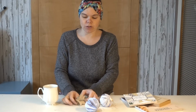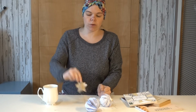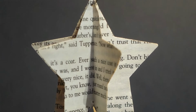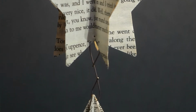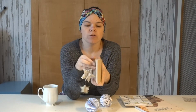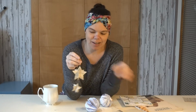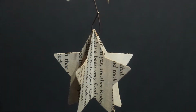Let's have a talk through what we did. So the one with the star, I used a star punch, which are easy to get hold of. I used some old paper from a book, which I have destroyed now, but never mind. And I really like the way that the paper is kind of yellowed, and with the writing it makes really